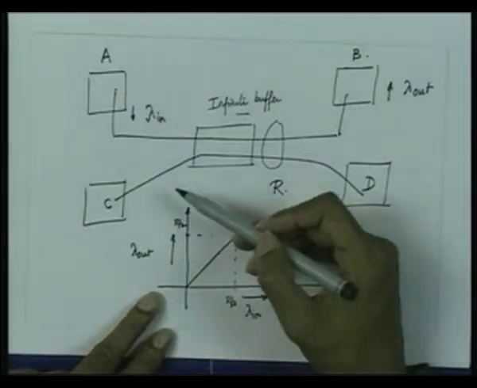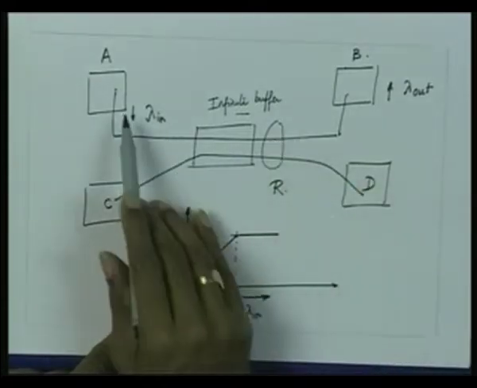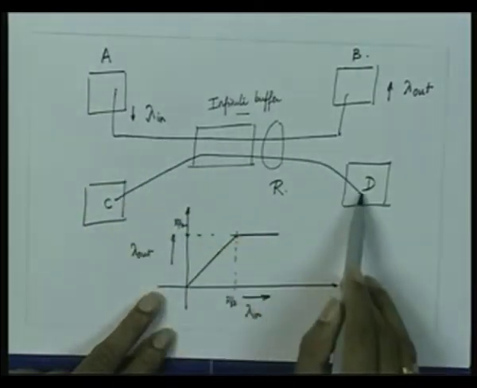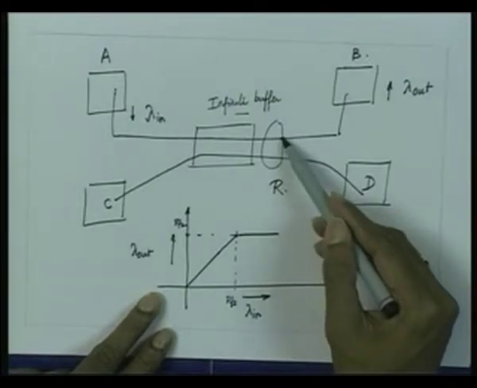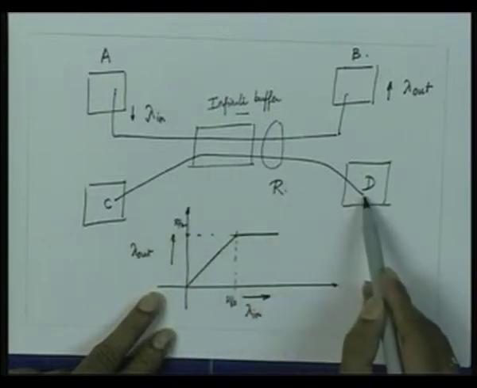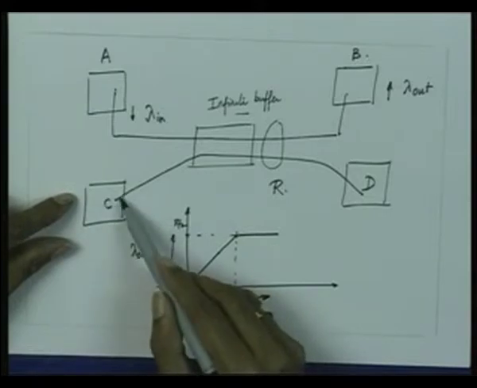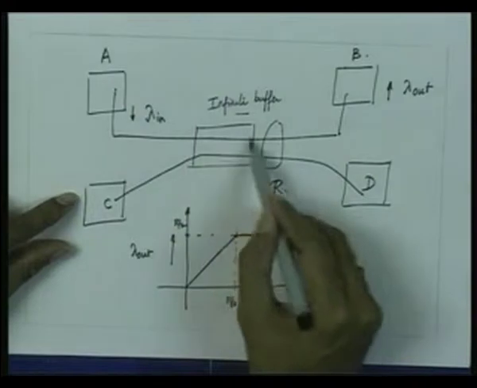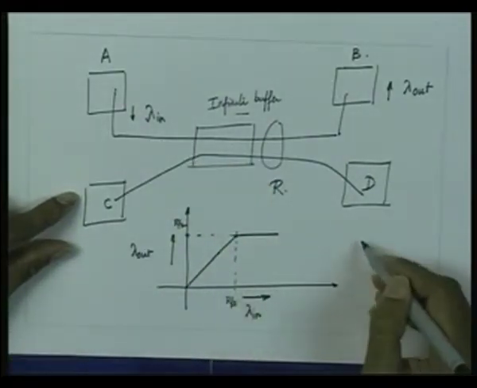The reason is that the link R needs to be shared equally between the two flows that exist, the flow of A and B and the flow of C and D. So R by 2 throughput is achieved by the AB flow, and again R by 2 throughput is achieved by the CD flow, right? And we are assuming here that the CD flow is also experiencing the same congestion control. Now this is assumed to be an infinite buffer.